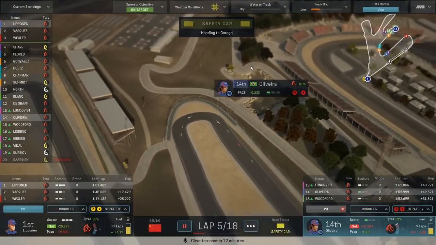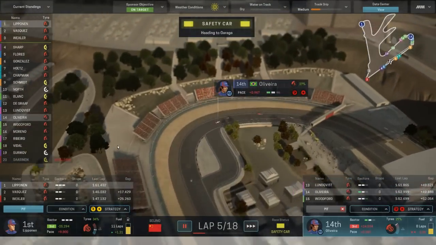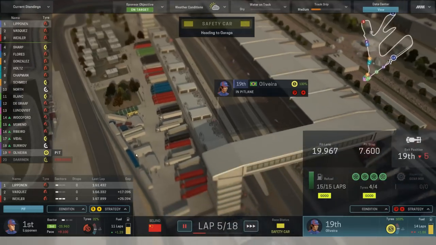Oh, safety car heading to garage. Okay, that's interesting. Oliveira is going to come into the pits. Now, this could be a master stroke here. This could get Oliveira up the field here. Good pit stop. Going to come out